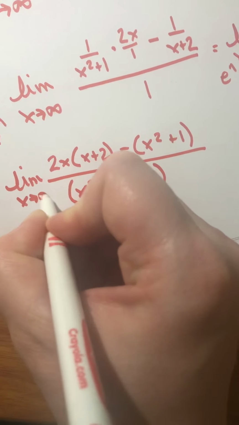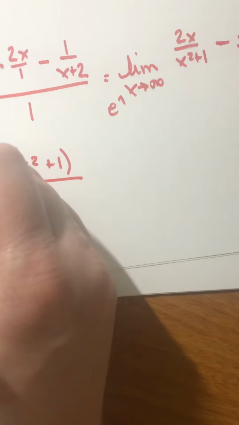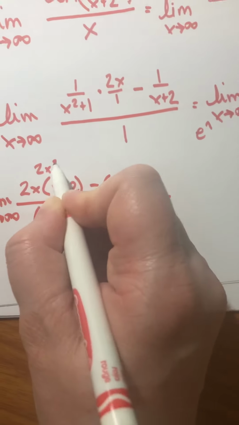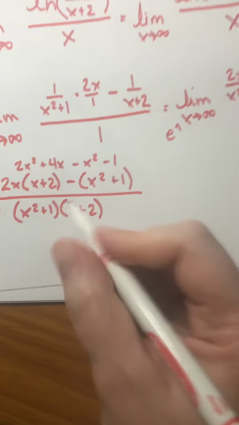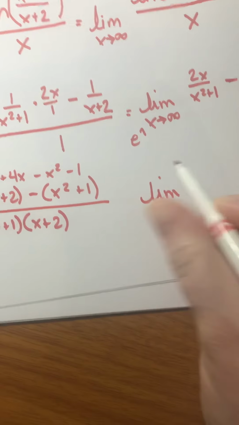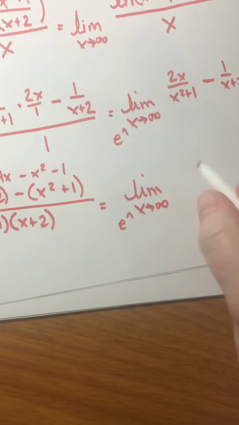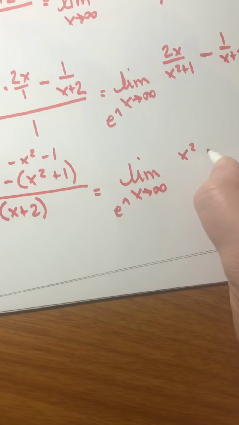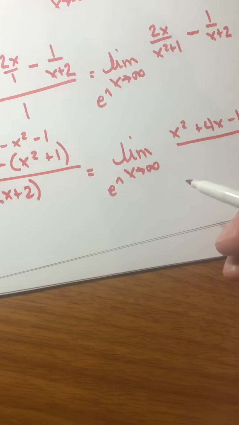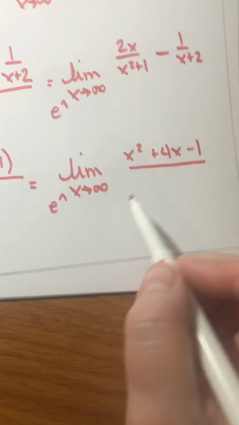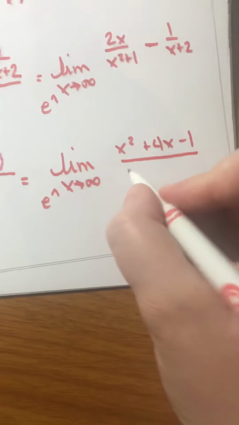Notice with the derivative, the ln did go away, but the rest of it is still there. So for this part right here, I'm going to have 2x squared plus 4x, then minus x squared minus 1. So I will have the limit as x goes to infinity, e to the x squared plus 4x minus 1 on top. Now on the bottom, you can leave it separate or you can FOIL it all out. It's up to you. I'm going to go ahead and FOIL it out